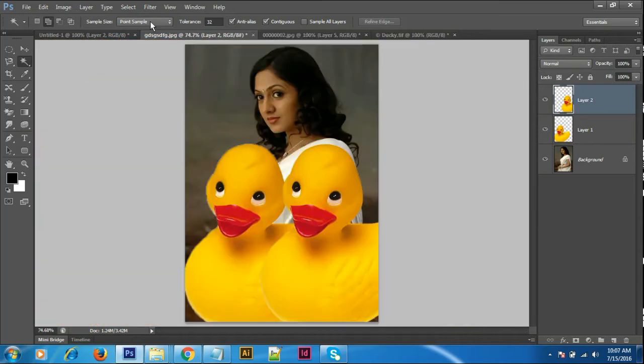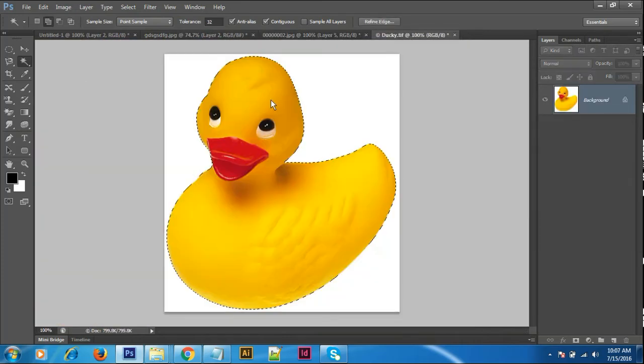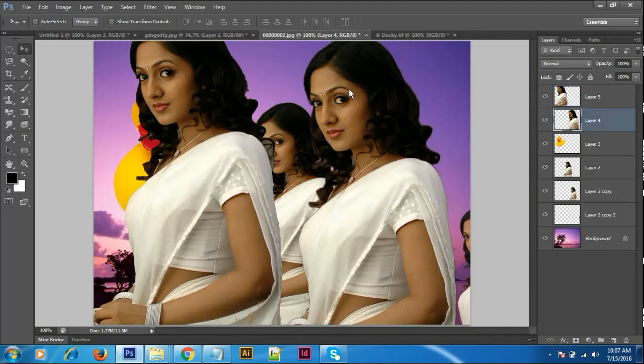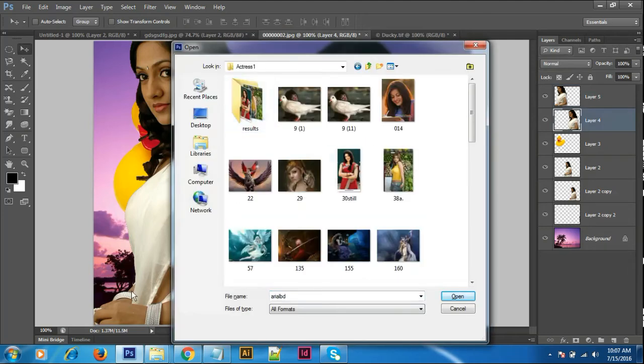We can do that now. See, this is the concept. Already you cut the image, and just put it in another background and it looks like you are there in the US. If you take it directly,